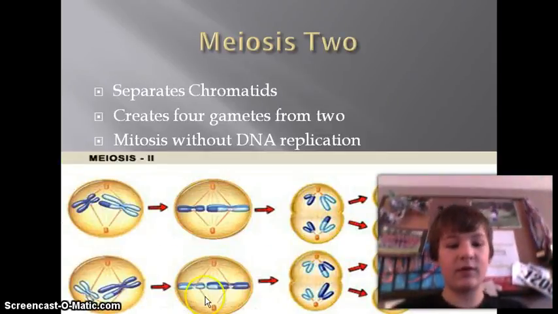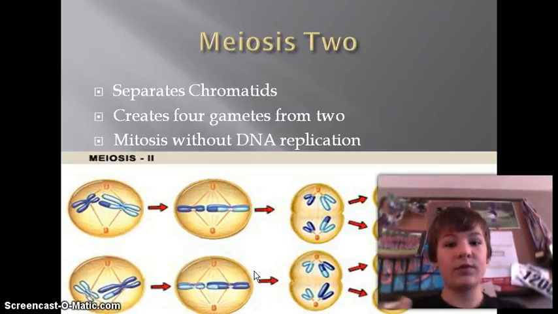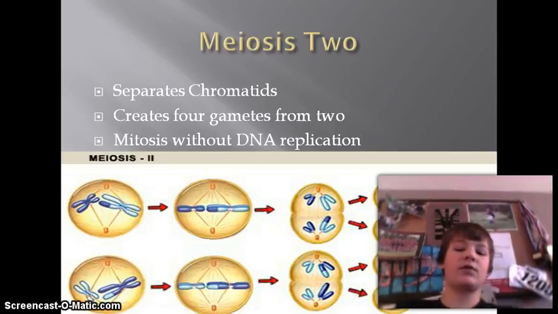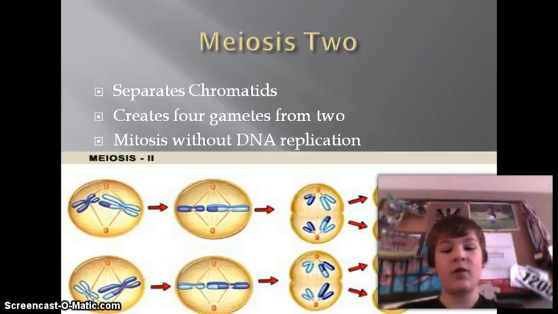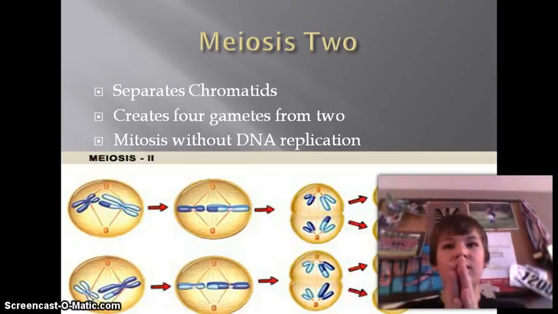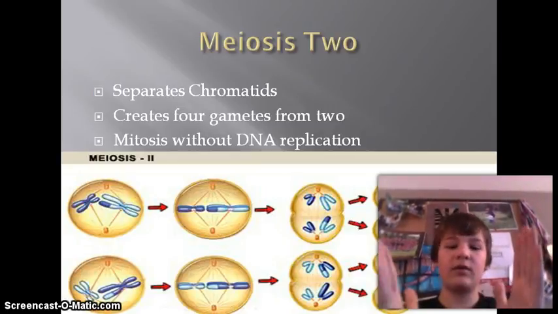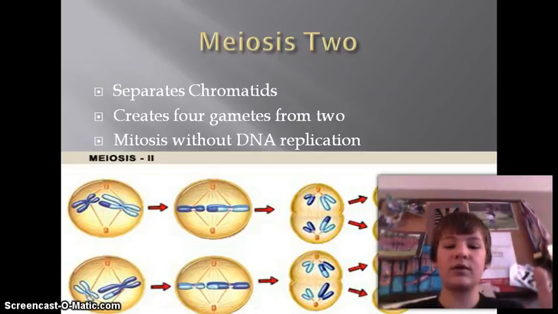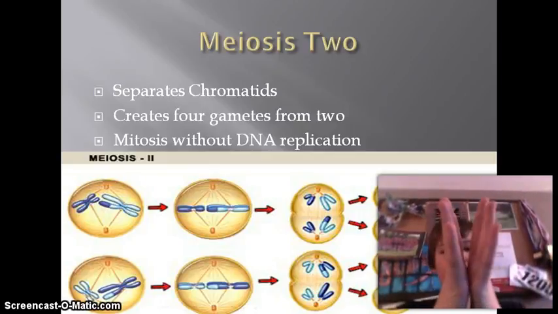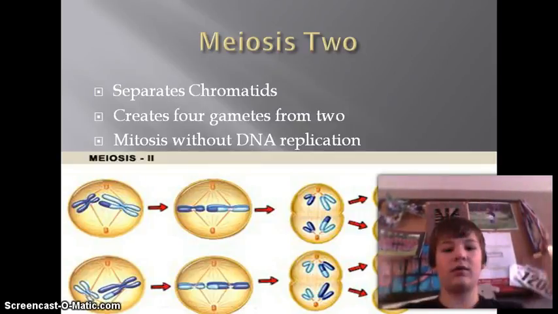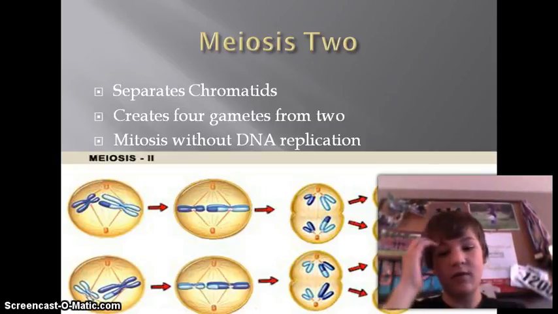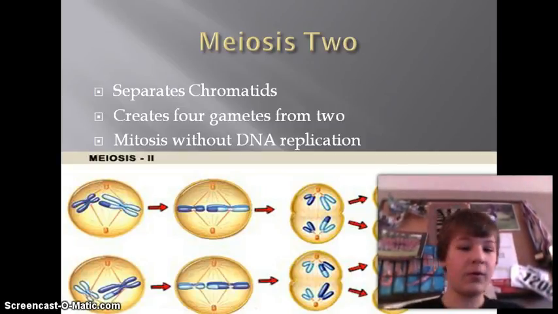And then comes meiosis 2, which separates the chromatids. So it creates 4 gametes out of 2. Essentially it's kind of like mitosis, if you saw my other video, which if you haven't, you should check it out. It's mitosis without the DNA replication. Instead of separating the DNA, meiosis 2 is separating the chromatids. So the chromosome is like this, and then you're separating it into 2 parts. So it creates 4 haploid gametes,